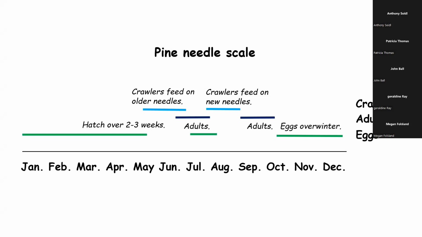The adults here, you can see I got 2 stages here. Eggs are going to overwinter. They overwinter for a long time period. They hatch over about 2 to 3 weeks. The first crawlers go out to the old needles because that's really all that's completely expanded at that time, and will feed, become adults, lay eggs, and then the second generation crawlers move out to the new needles. Those are the ones that are probably most noticeable because they're now really out on the tips, but you can find these literally covered, old foliage and new foliage, by this particular insect, the pine needle scale.